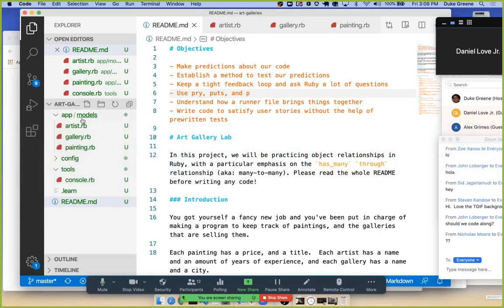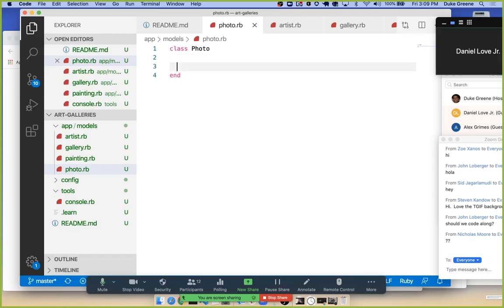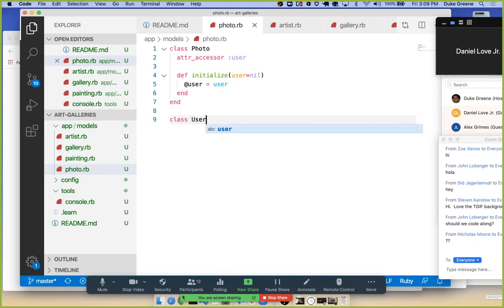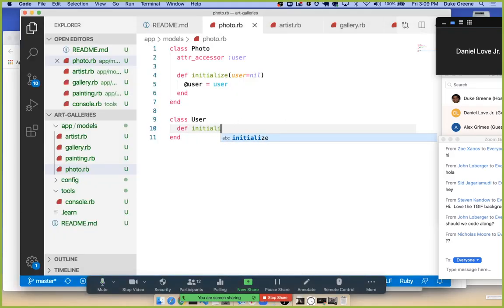What I would see in my mind's eye is something like this. I'm seeing a class Photo, and an initialize method that can take a user or not, and also has a readable or writable user. I believe this code would allow me to say something like, if I also had a user class, I'll refactor this later. A user seems to be something, based on this code, that we pass a name to and that responds to user.name, because I see Sophie in two places here and this is the only place it seems to have come from. So this class would initialize with a name